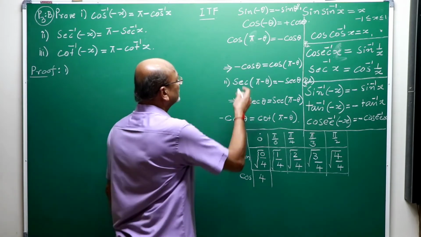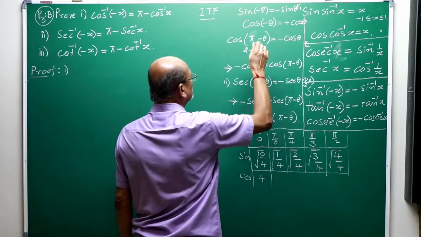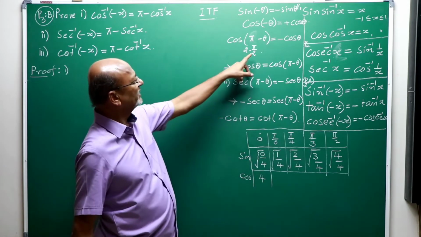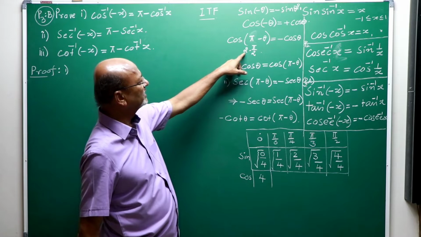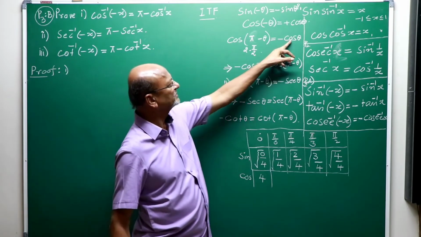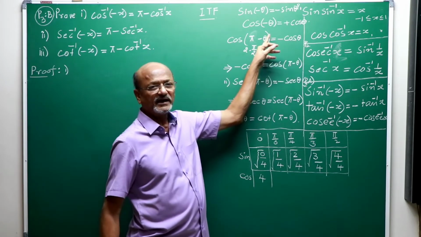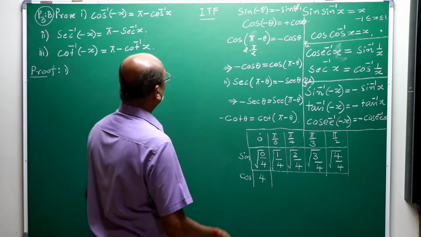This pi can be written as 2 into pi by 2. Then this is an even multiple of pi by 2. If it is an even multiple, cos remains cos itself, so cos of this angle is cos theta. Then you have to attach the sign by making use of